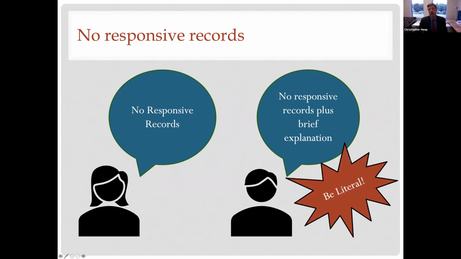And the only other point here is that when responding to a public records request, it's helpful to be quite literal and confine the response to what's been asked for. So if someone's asked for emails, the town is under no obligation to provide minutes unless it thinks it might be helpful. So the response should be tailored to the specific nature of the request that was submitted.